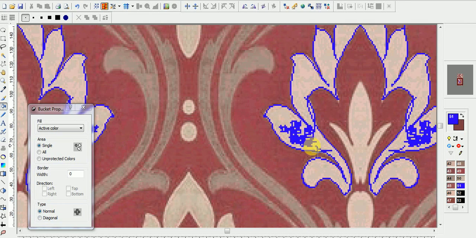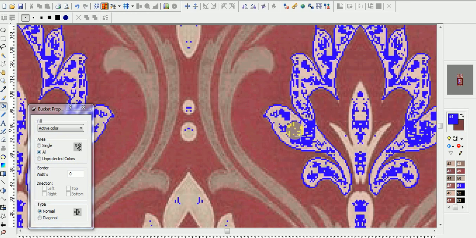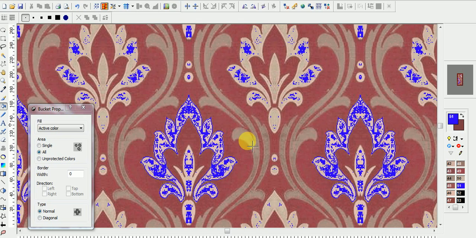Okay, now this is not our purpose. Then we have all colors. If I fill this, wherever that number color is, in all the places of the design that color is filled. This is not right for our purpose.